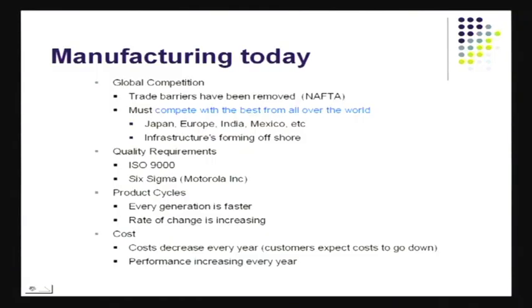Quality requirements have also become global. ISO 9000, of course, now Six Sigma, everyone is talking Six Sigma. Product cycles have become much shorter. That is where manufacturing is today. The rate of change is, of course, also increasing. That's also something there. If you look at costs, costs have been decreasing because of the learning effect and because